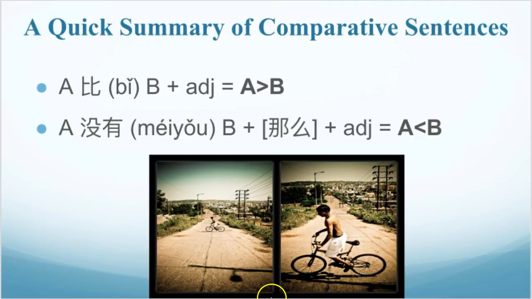So let's say I'm right here. Let's say I, the speaker, am standing right here, right between these two people. Now, obviously, boy A is farther away from me, right? And boy B is very close, right? So what can I say with these two structures? I can say A 比 B 远, right? A is further away than B. That's absolutely true, right? So 这个男孩子比那个男孩子远。